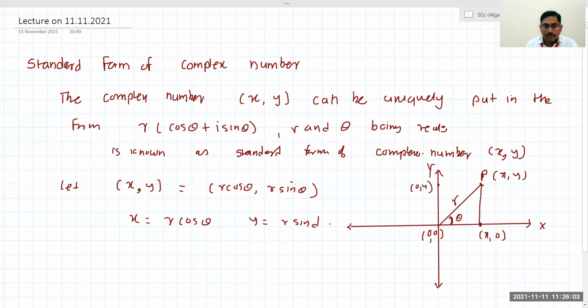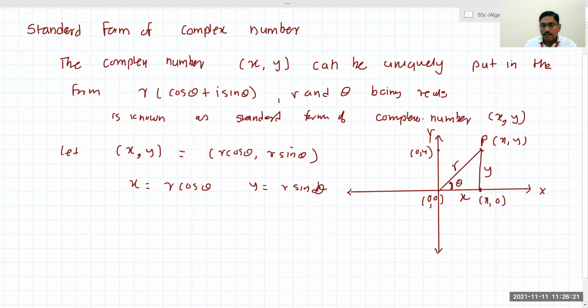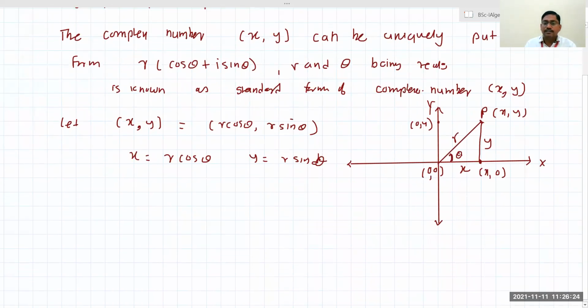So from this we can write the value of x. This is x and this is y. Cos of theta is the adjacent side divided by hypotenuse, that is x upon r. Like that we can find out. Theta is actually the argument of periodic functions. Sine and cos are periodic functions with period 2 pi. So from the figure I can write cos theta is x upon r